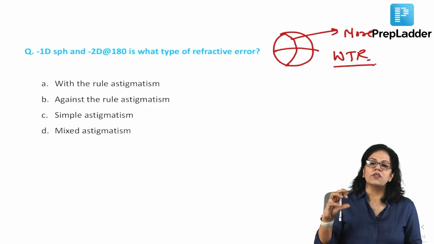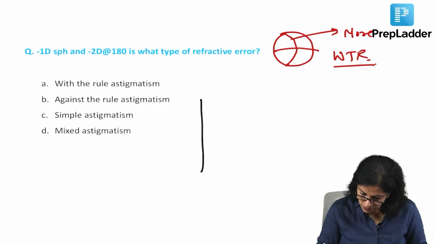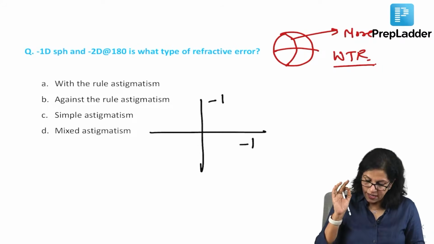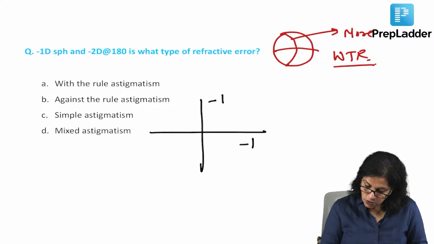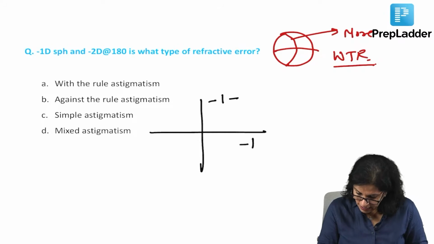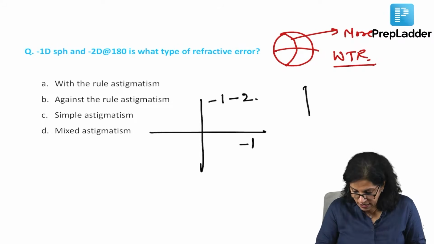So whenever such a question comes, when you have got this prescription, you first change it into retinoscopic reading. So minus 1 sphere means minus 1 here, minus 1 here. I am doing it very slowly, just understand. Minus 1 sphere is minus 1 at 90, minus 1 at 180. Minus 2 at 180 means this time where will be the power? Everybody knows axis is mentioned opposite. So 180 is written, so I will place minus 2 at 90. So now my actual retinoscopic reading is minus 3, minus 1.